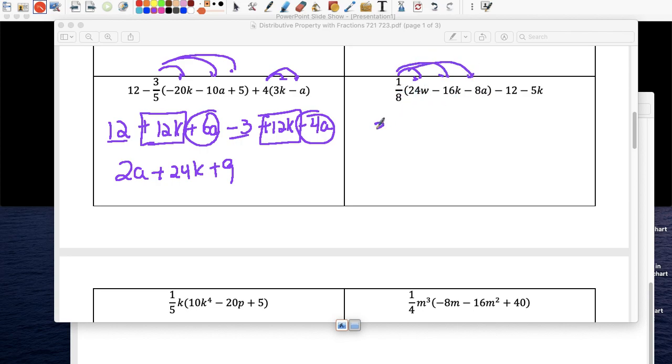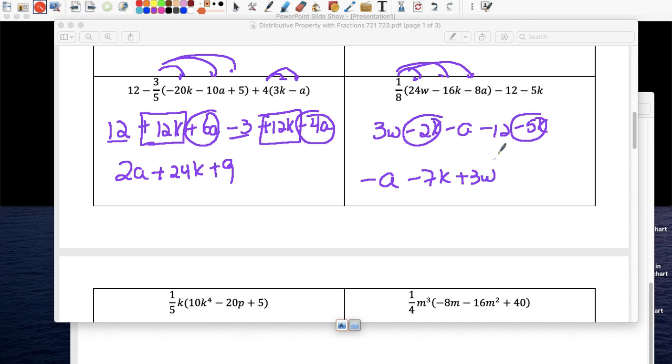1/8 times 24 is 3w. 1/8 times negative 16 is negative 2k. And 1/8 times negative 8 is negative a, right? Or negative 1a. Minus 12 minus 5k. This one and this one, sorry, let's do the 8. So negative 8 comes out to the front, and then the k's, this is negative 2 and negative 5, so negative 7k, and then the 3w, positive, and finally my constant, negative